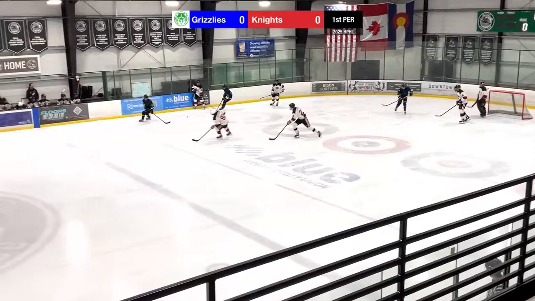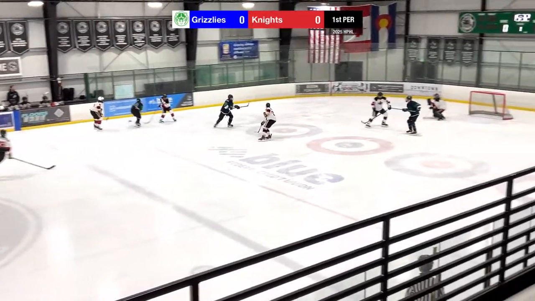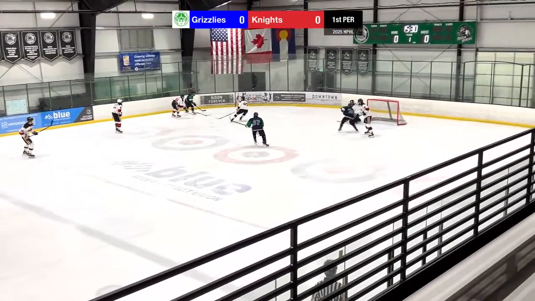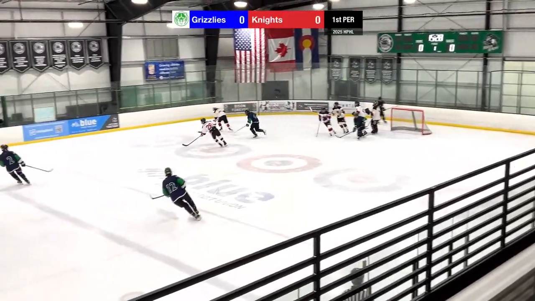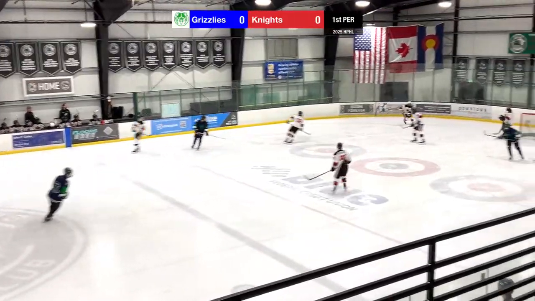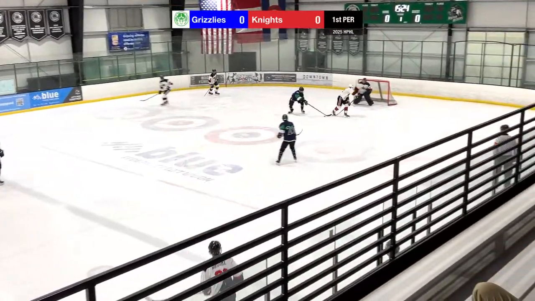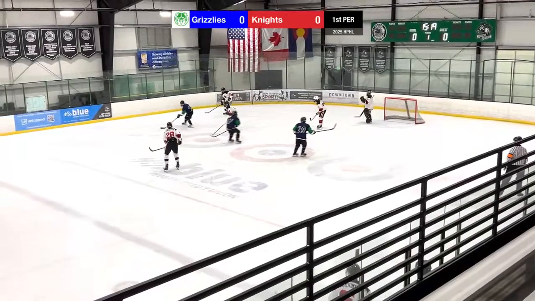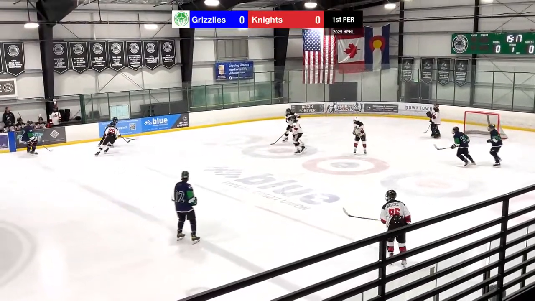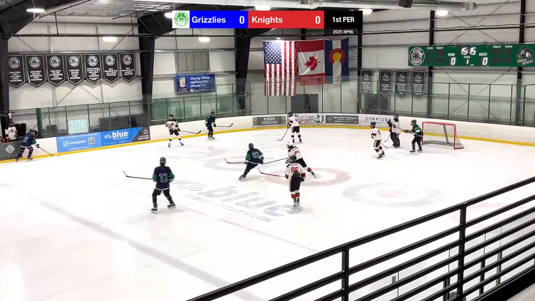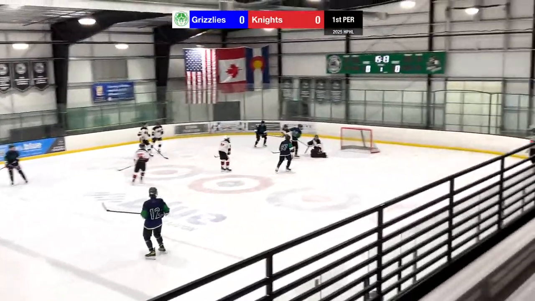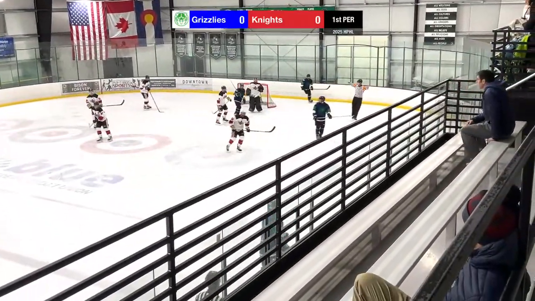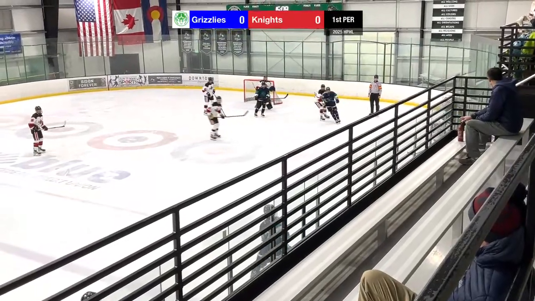Christopher tries to get over to Hitzig. Hitzig to Bunger. Bunger along the wall. Puck out here. Bunger creates a turnover here. Bunger shot right in front. Nice turnover there. Nice steal of the puck there by Bunger. Sorry, Bunger created the turnover. Bunger to Dullum. Dullum shot. Misses. Over to Brandenburg.